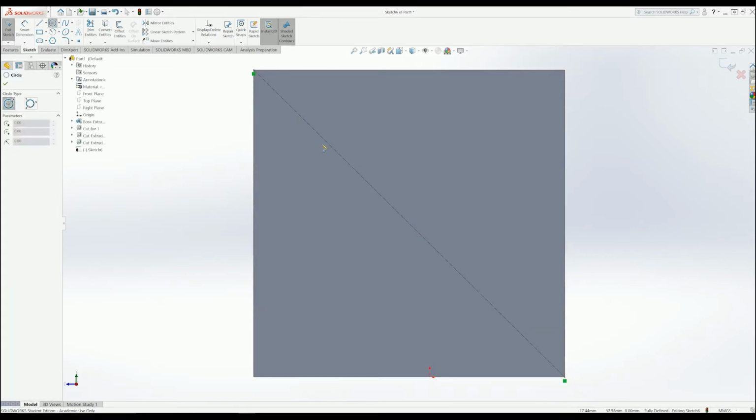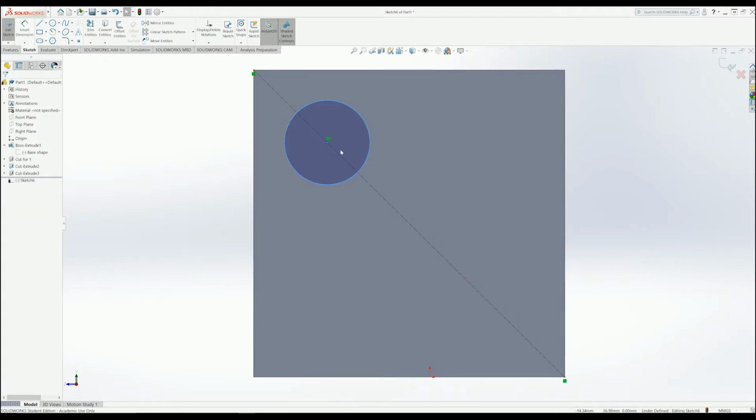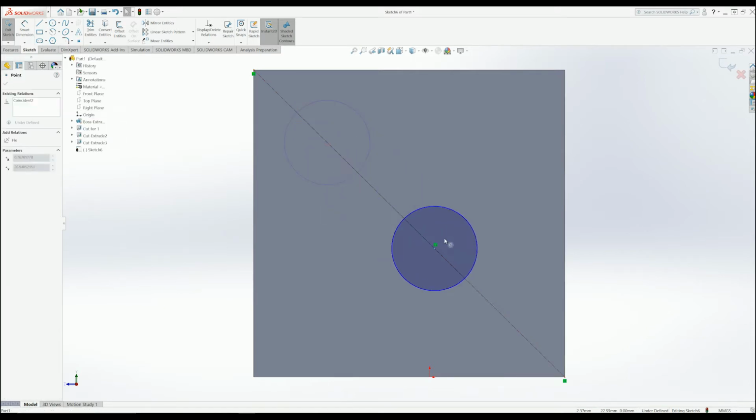Then I'm going to draw my circle on the line, making sure I draw it on the line. If you don't draw it on the line, you can find that it will move off the line, because you get this symbol here in green, and that means that it's attached to the line. So that center point is attached to the line, so it won't move off that line. So if I try and move it now, it will stay on that line, even if I move my mouse over here. So it's really important that we keep things attached to the lines,